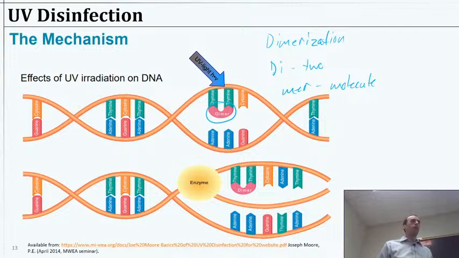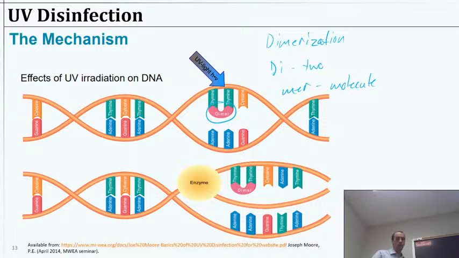Dimerization is really coming from the Latin words, so di meaning two, mer meaning molecule. So we have two molecules and kind of making them into one. You can then recognize as an enzyme is coming through to read it, it's going to find this spot, whether we're replicating or splitting or whatever, and it's going to end up getting stuck. And unless the cell can repair that, this portion of the DNA is effectively